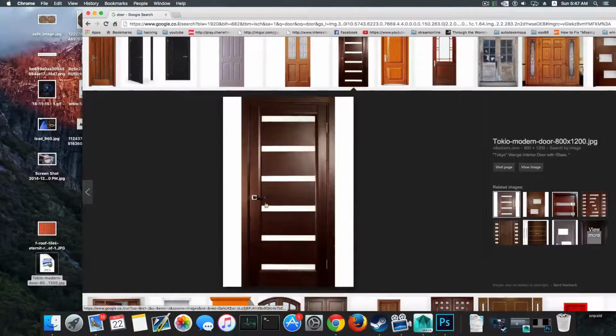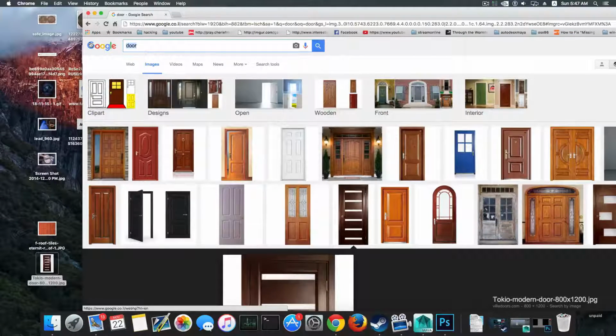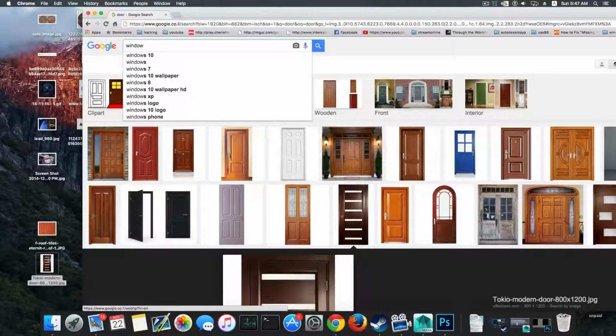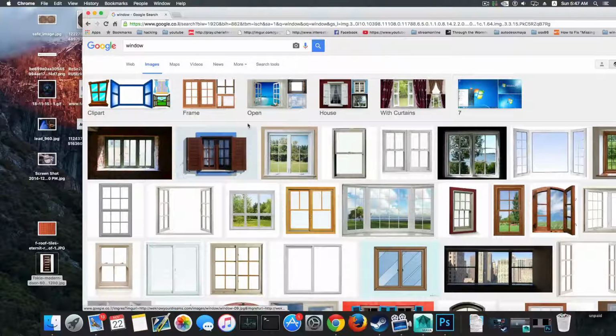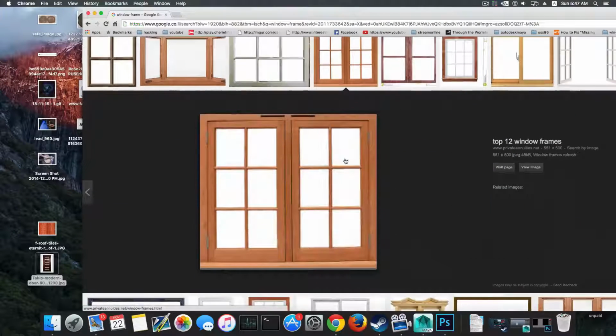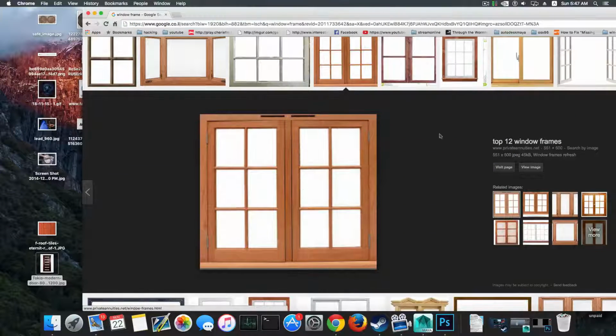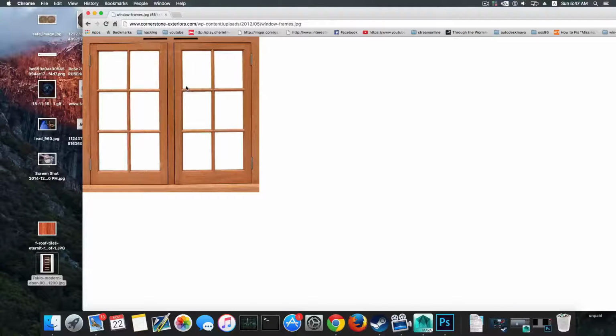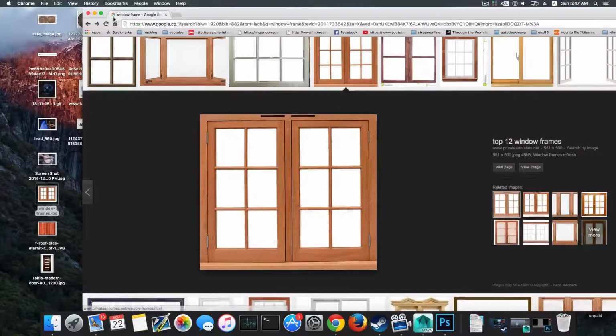I'm gonna bring it here and let's type in window, and hopefully if you see frames like so, this one is nice. I'm gonna pick it. No, it's a little bit blurry. I don't know. No, it's good. So let's pick this one and move it here. So with these all